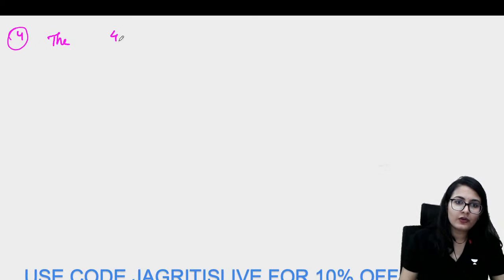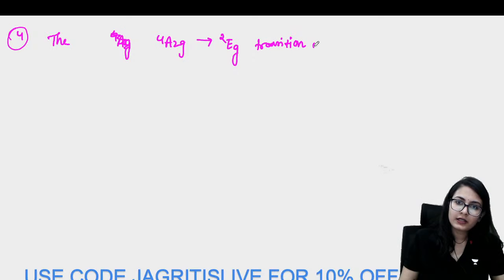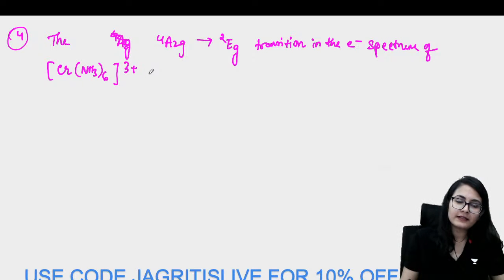The transition 4A2g to 2Eg, all right, this transition in the electron spectrum of chromium hexaammine 3 plus occurs at